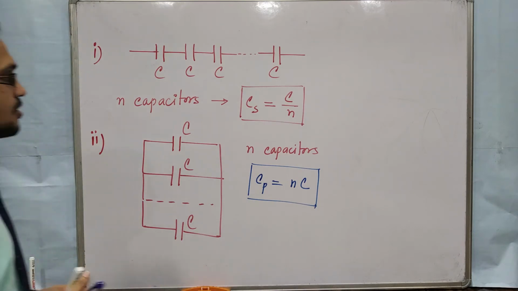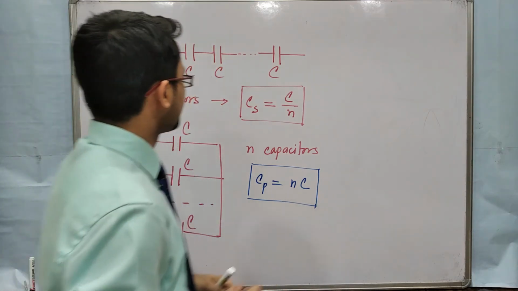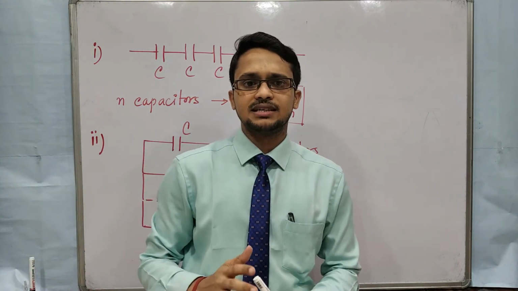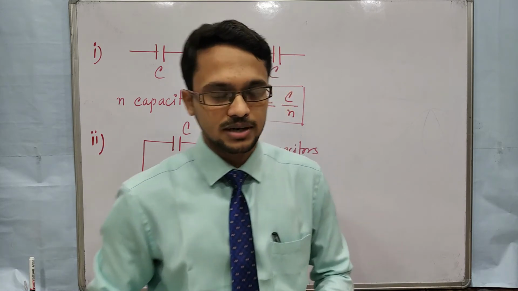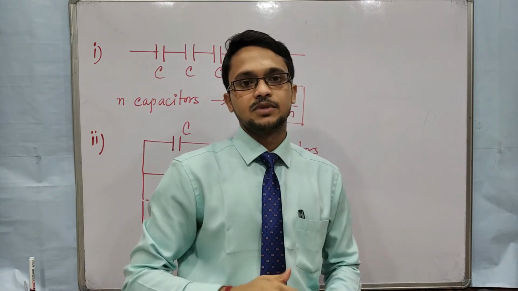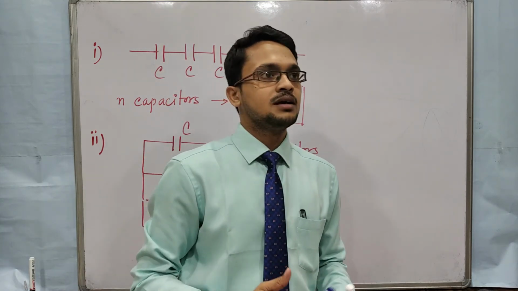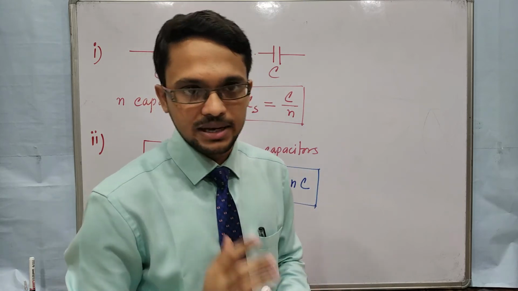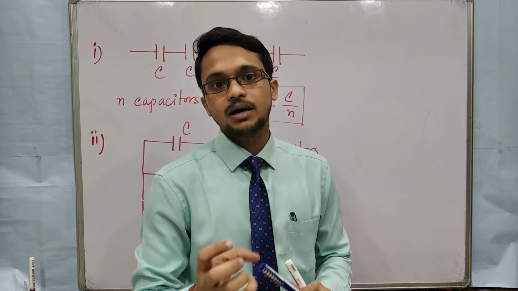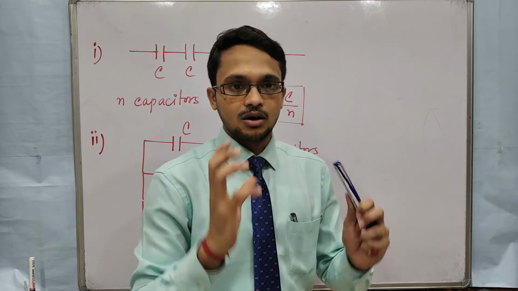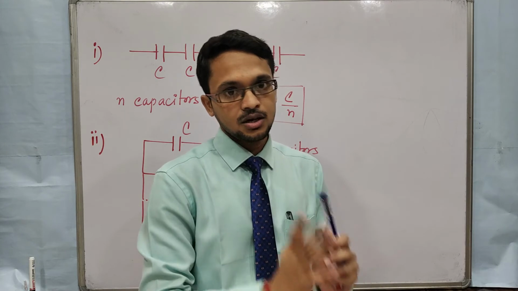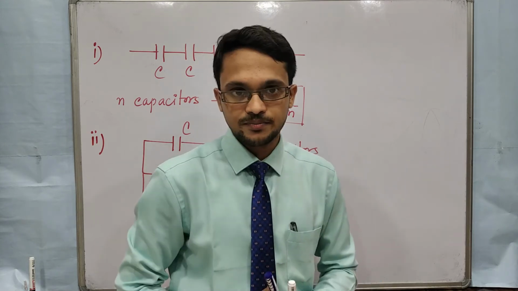Clear? So now I am giving one very important question. Suppose you have a few capacitors, whose capacitances may be equal or different, and a source of potential difference, a source of energy, you can say a battery. Now you have to make one combination using those capacitors so that you can store the maximum amount of energy in that combination. So how will you combine those capacitors with the external source?